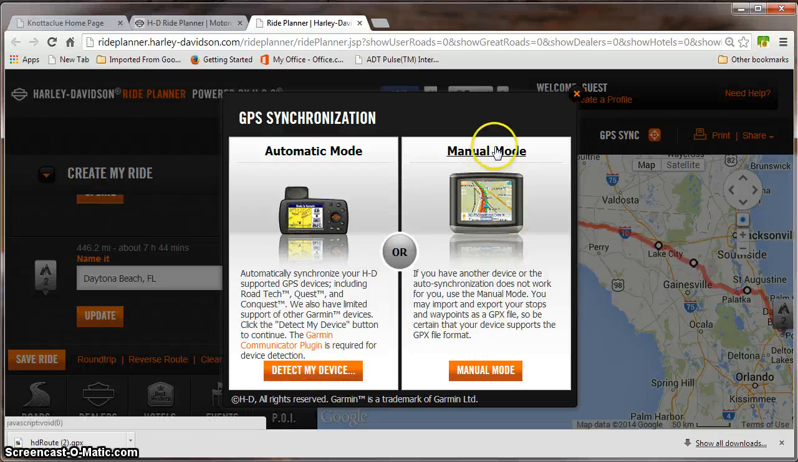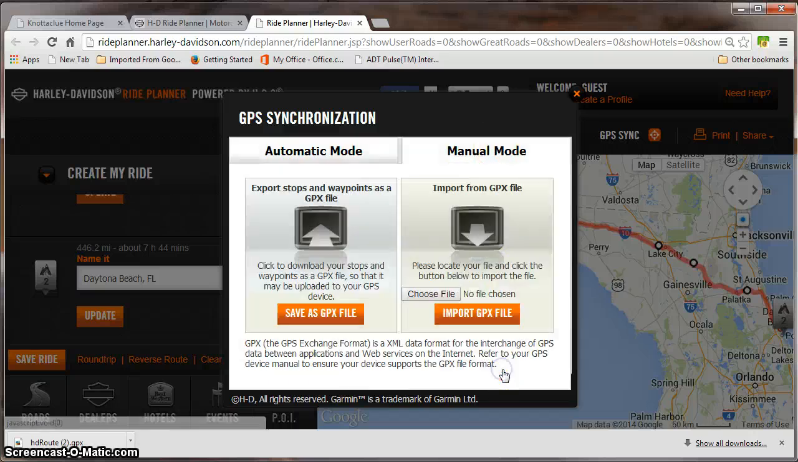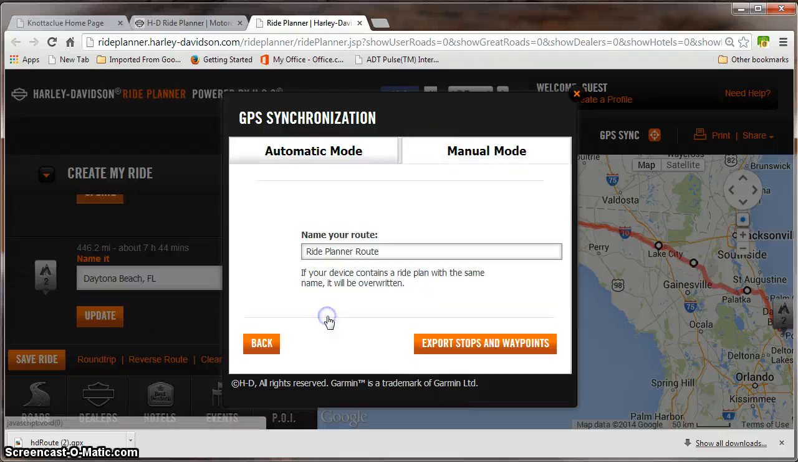However, because I want it on the computer, I'll go to the manual mode, left click, and although this looks like it's highlighted, we are in the manual mode. We'll go to Save as GPX file. I left clicked. Now we can name it. You might think that by naming it, that's the way you'd see it in the computer. It's not. It will call your route